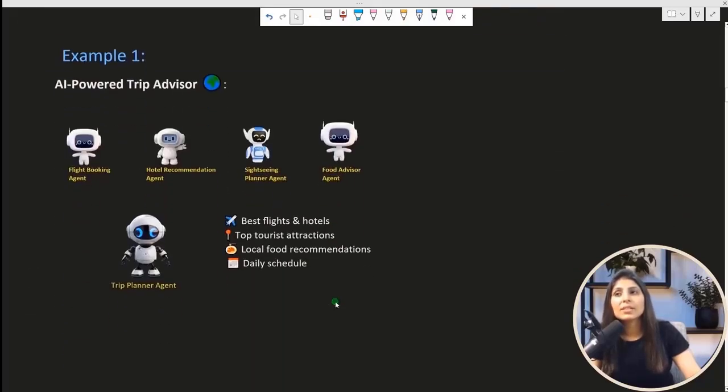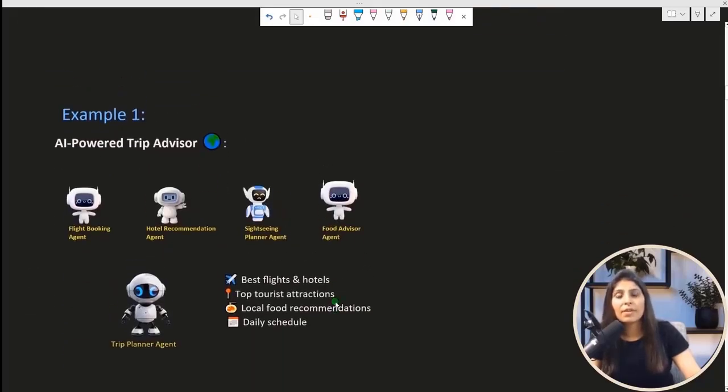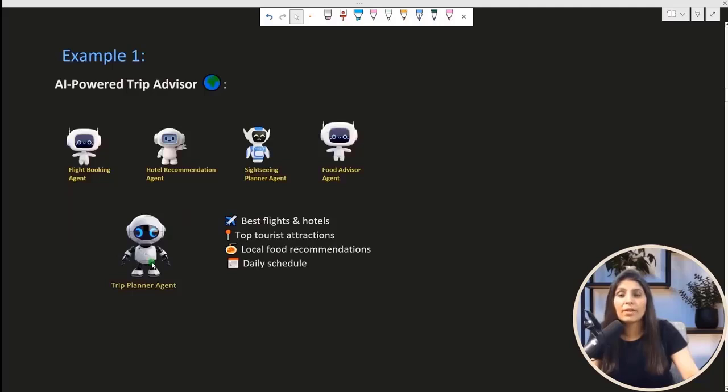So the first example is this AI powered TripAdvisor. Suppose you want to travel from India to Rome next month. You open this AI powered TripAdvisor app, and then you mention, I want to travel from India to Rome next month, and I am interested in sightseeing and good food. So on the basis of that input, this trip planner agent has these 4 agents working under it.